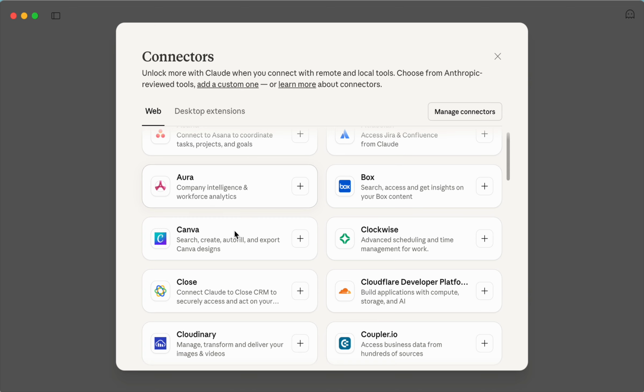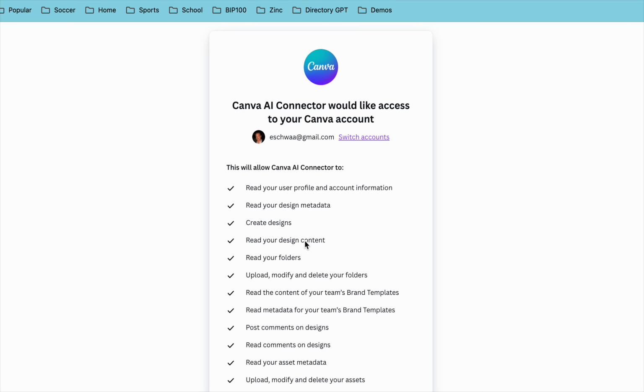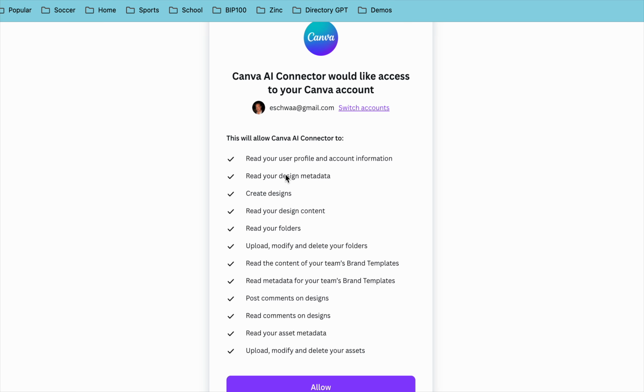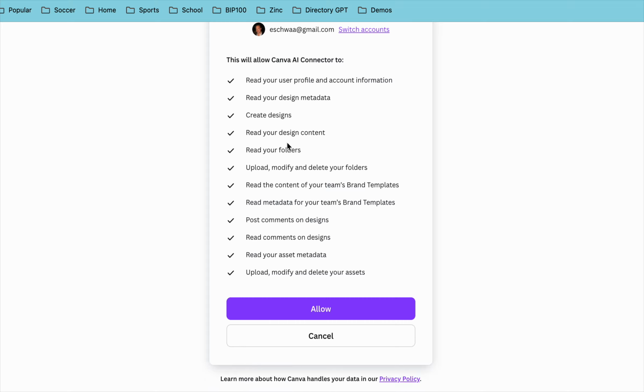Let's start today with a quick example on Canva. So I want to add a Canva account. I'll click this right here. I'll click connect, and it will pop up and tell me all the things that I can do. I already have a Canva account. It's all the things that the connector will do, so it's going to run on my behalf. I can also tell it to log in a different way, but I'm already signed in on the browser. But here are the things it can do. It can read my profile, create designs, read your folders. These are all the permissions that you give it. So I go ahead and I click allow,